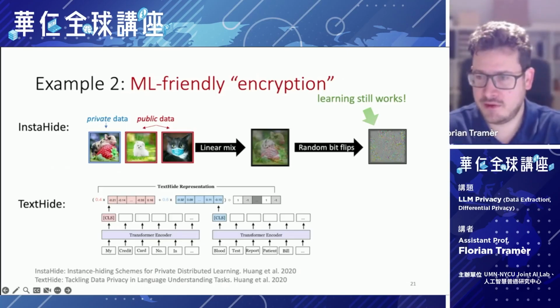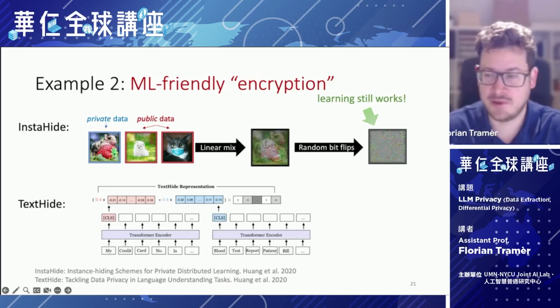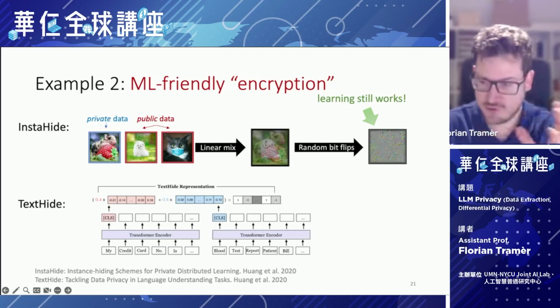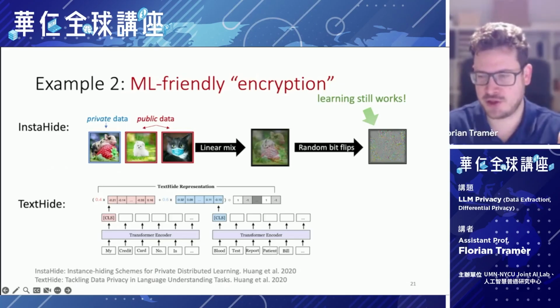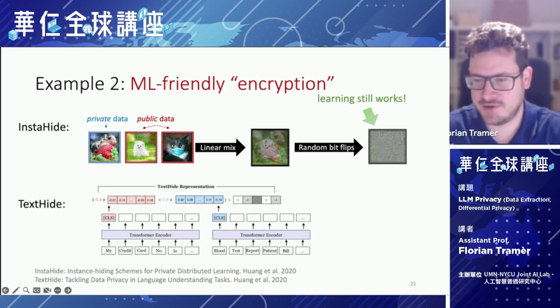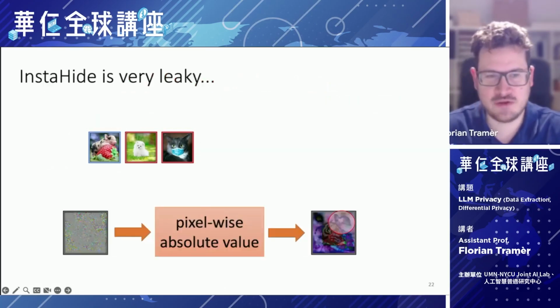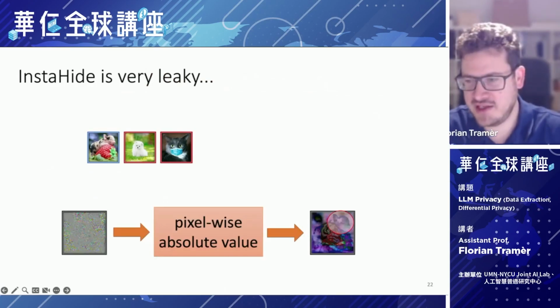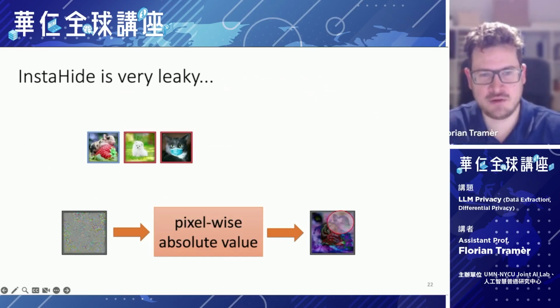On the surface, this seems pretty private, but it turns out it really isn't. A couple of years ago, we took a closer look at this method and showed that it's essentially broken. There's essentially two reasons why this is broken. The first of these is that this random bit flipping actually doesn't really do anything, in that you can just take an absolute value of all the pixels in the image at the end, and you will still get back